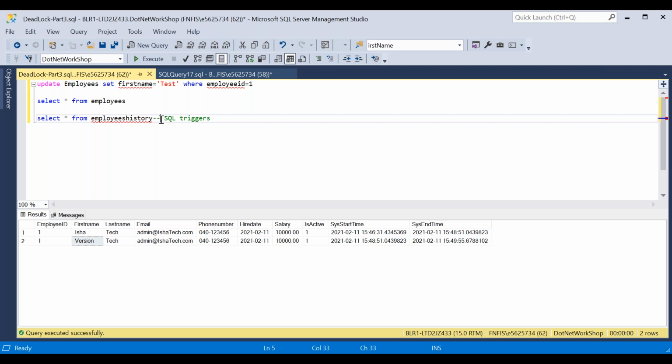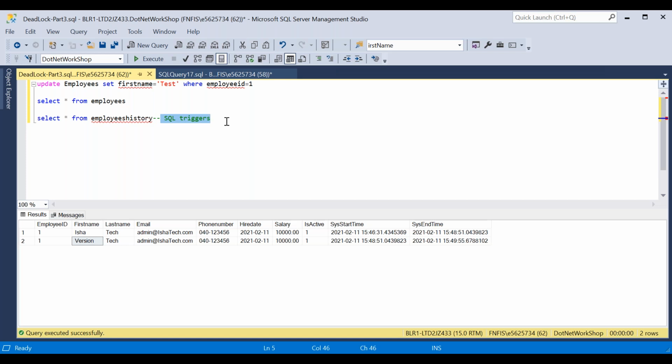If the trigger is there, it will insert the data in the history table, but it will be more burden on the SQL server to fire the trigger and capture the information in the history table. And we have to separately create the employee history table to capture the audit log, whatever information we are updating or deleting from the table.